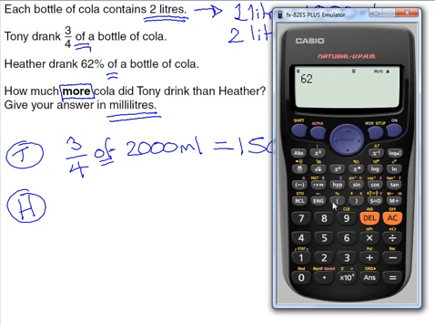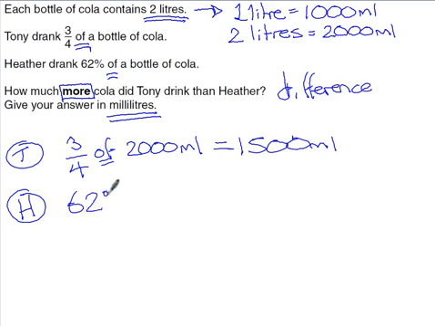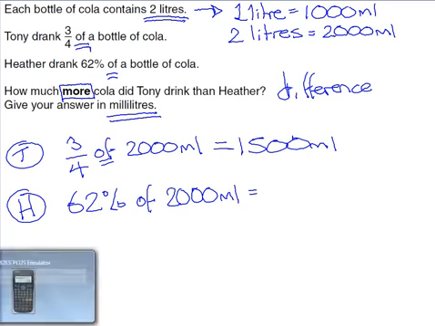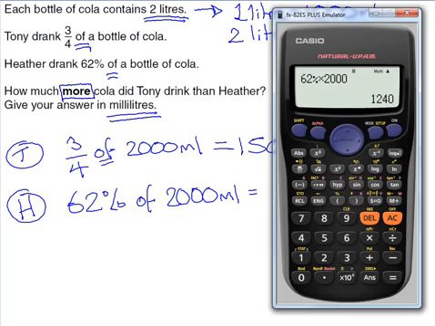Okay, so it's here, so you must press shift first. Of, again, is times, again, it's 2,000 millilitres. So she drank, so let's write it in first, sorry, 62% of 2,000. Always write your working, even if you forgot like I did then and you've already put it in your